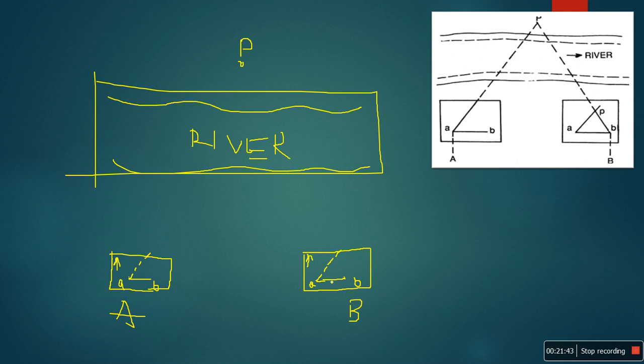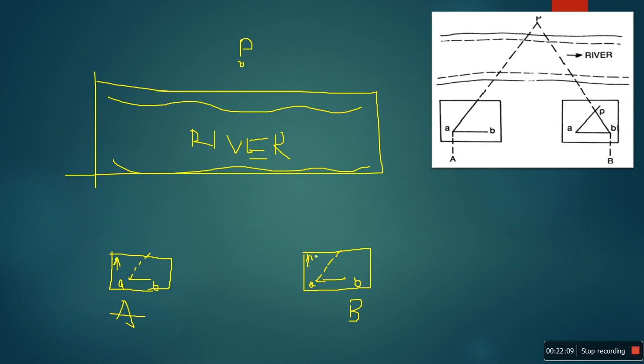Orientation means that the AB line on the drawing sheet is exactly parallel to the AB on the ground station. You have to do this by using a trough compass or by using an LED. What you have to do, the first method is, you have to keep your trough compass along the north line already drawn on the drawing sheet.